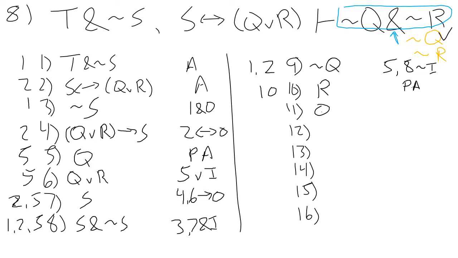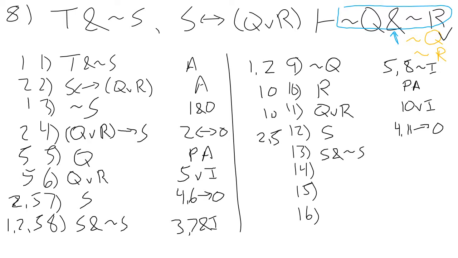Then we can wedge in our Q. It's going to be 10. And then we can get our S from 4 and 11, arrow out. 4 and 11 have 2 and 5. And then we have S and not S